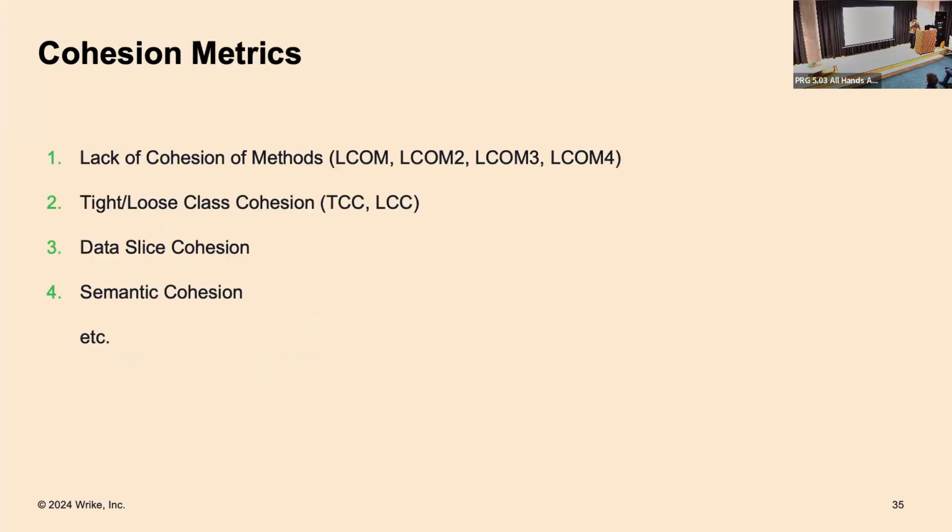There are also multiple numerical cohesion metrics in industry that allow to calculate the cohesion automatically. Some estimate based on fields or methods reuse, some on data reuse. Static code analysis tools such as SonarQube, Codana, or JArchitect provide the ability to measure the cohesion of the code using these tool metrics.